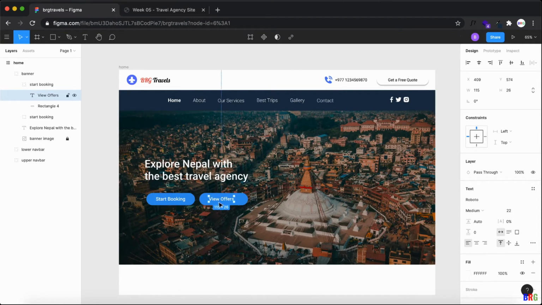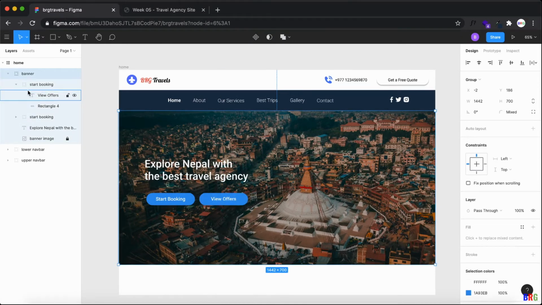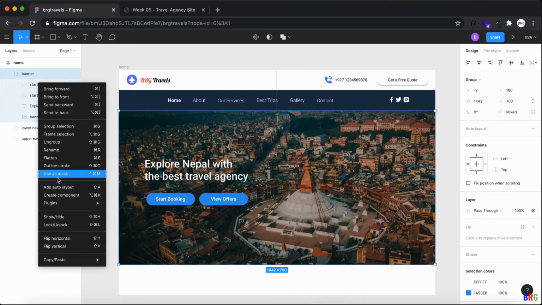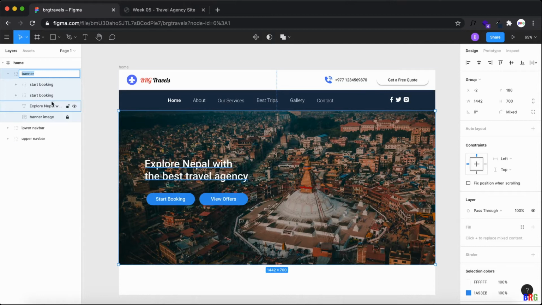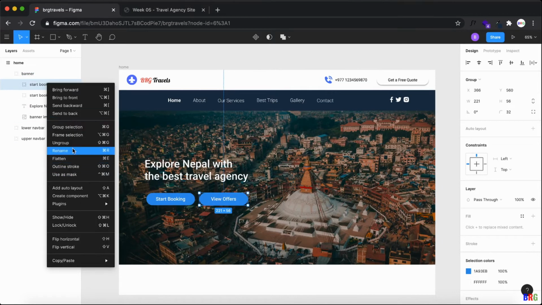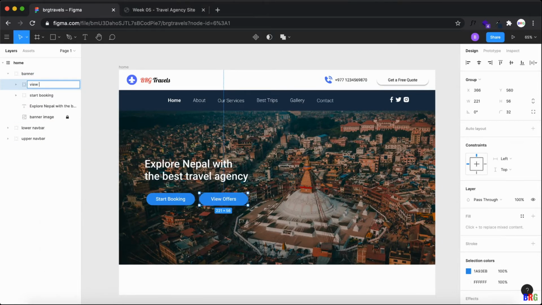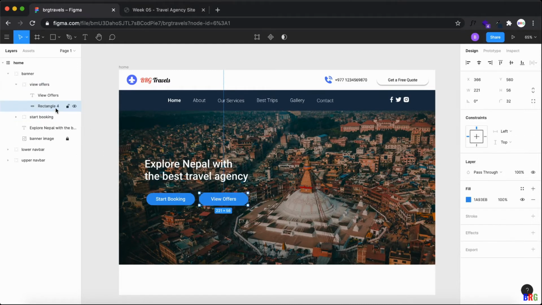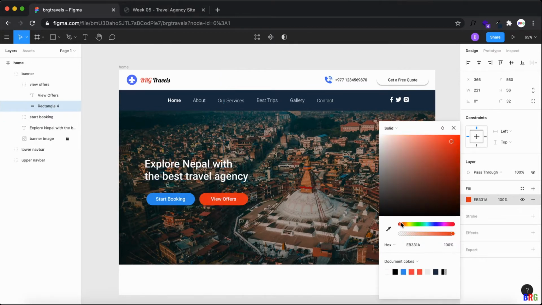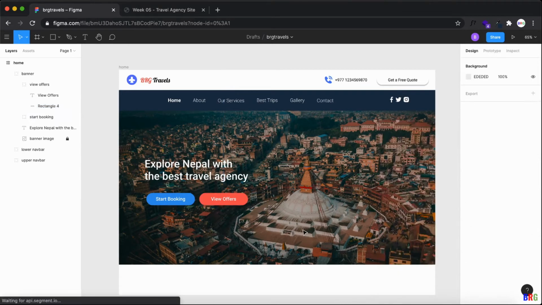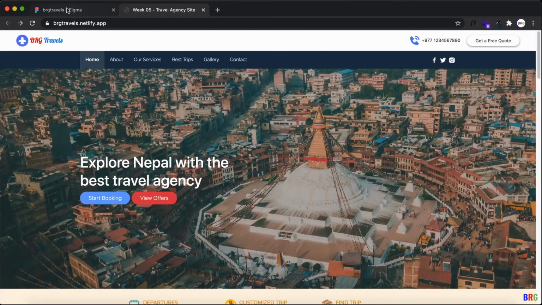I need to adjust the alignment, and here I just need to rename it to view offers. Now just click on the rectangle part and then change its background color to something like this color. Okay, choose this color, and I'll get a similar kind of effect.